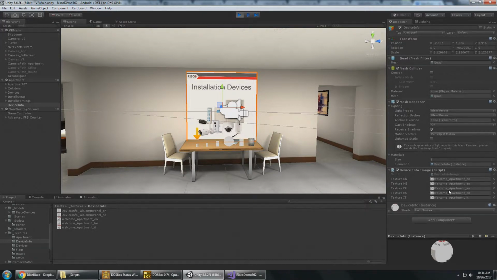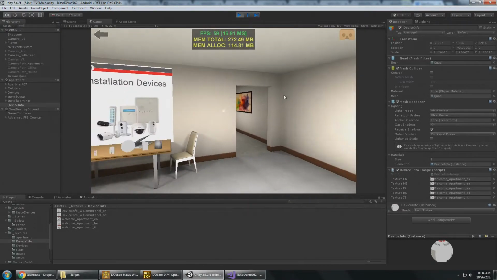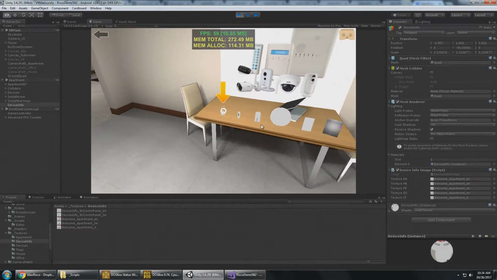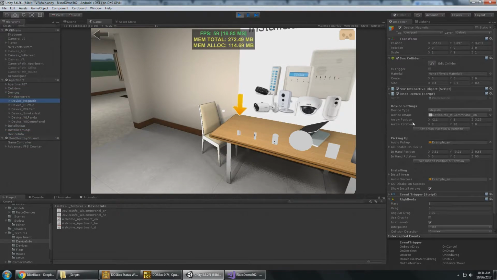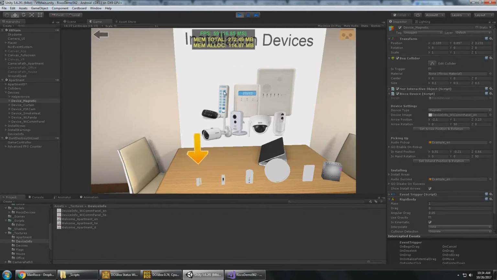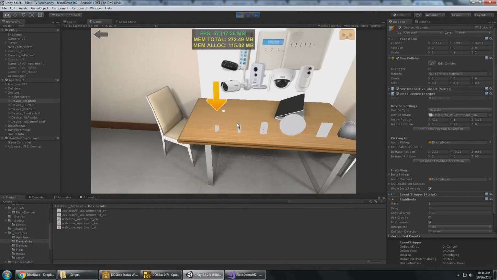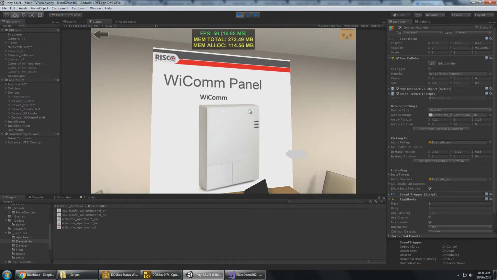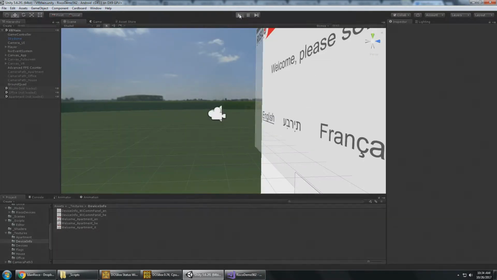This is the image that's going to show when it starts, and then after that it's going to continue to show that image until you pick up a Risco device. Now when you pick up a Risco device, it looks at what texture is assigned here, and then it gets the localized version depending on which language is current, and it puts that onto the panel right there. So if I pick this up, it's going to show the YCOM panel in English, because right now I have English set. So if I were to restart this into Hebrew,